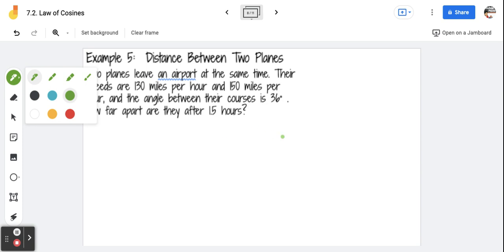All right, so this time they leave an airport. So let's say here's our airport. So we know that the angle between their courses is 36 degrees. So let's just make it like,